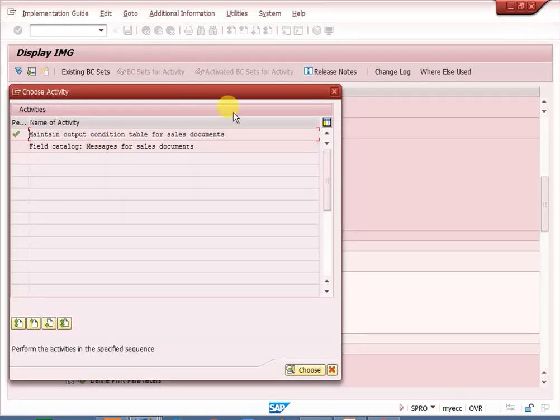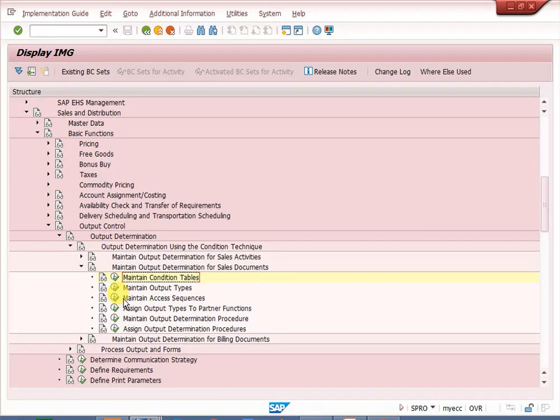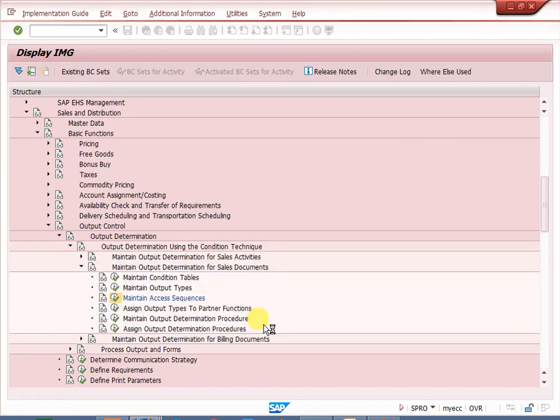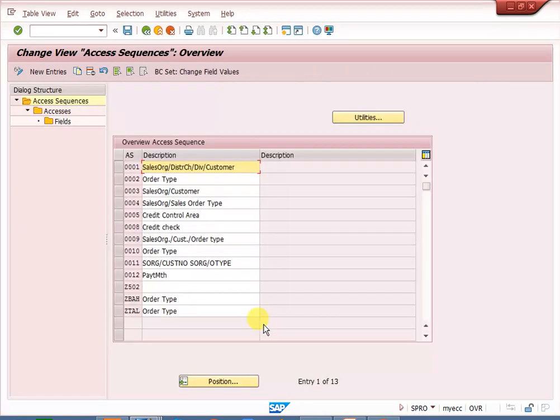Come back. Once it is completed, you can create the access sequence. Access sequence is a cross control table, because that error is coming.